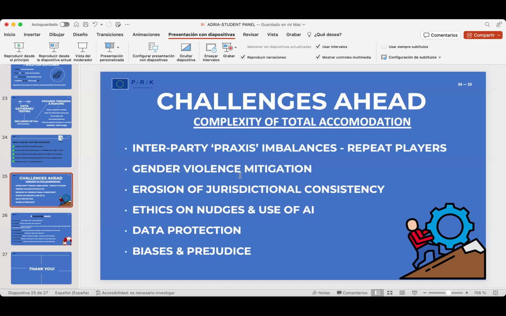Well, I guess that again, I'm a firm defender, why not, of the data sharing strategy, right? If you can standardize data, the complexity of total accommodation at least reduces itself to a great extent. If you can gather it in a standardized manner, if you can share it in a standardized manner, and if you can assess it in a standardized manner, that should